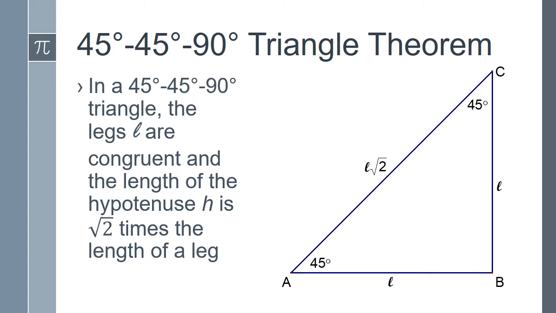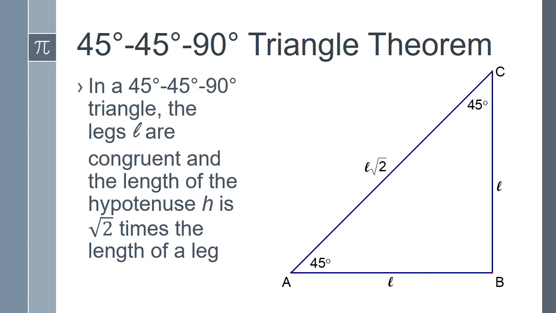Okay, so a 45, 45, 90 right triangle theorem. In a triangle such as this, the legs L are congruent, and the length of the hypotenuse H is the square root of 2 times the length of a leg. So what we would do here to